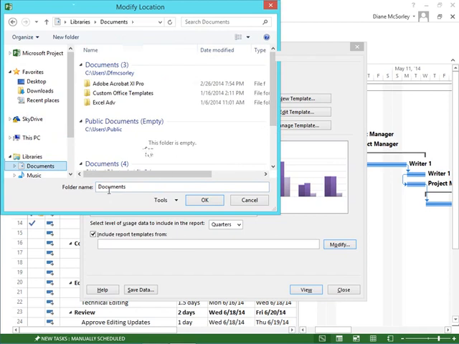I know it's weird, but if you take a look, look who has joined the party. This is it. That's what I named it. Cost data by resources. So now this connection is made and it'll be remembered. So every time we come into Visual Reports from here on, this will pop in, and any of the templates that are saved to that location, to my Documents, will automatically pop in the list. And from here on, I pick them, I view it, it'll grab the most recent data,